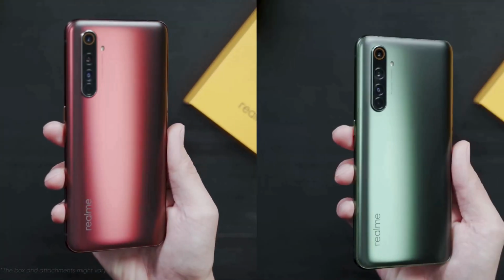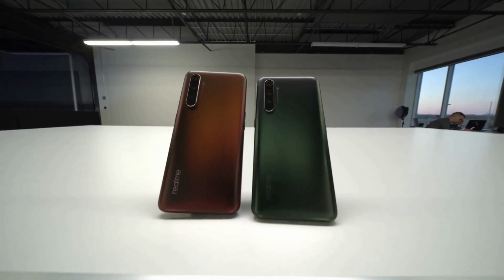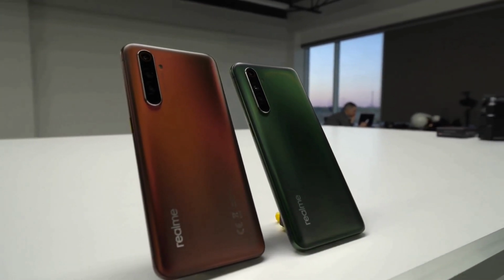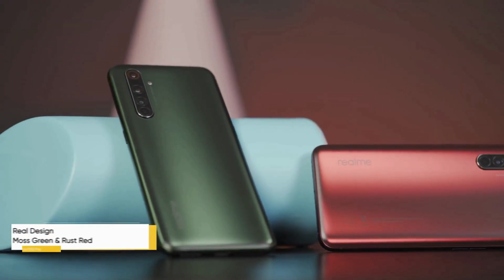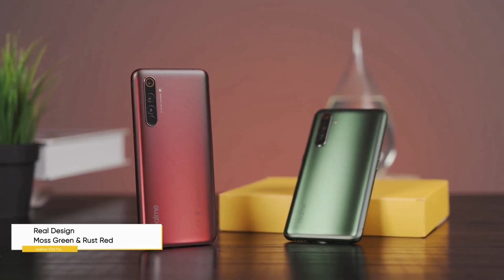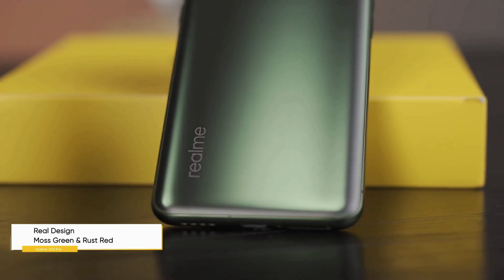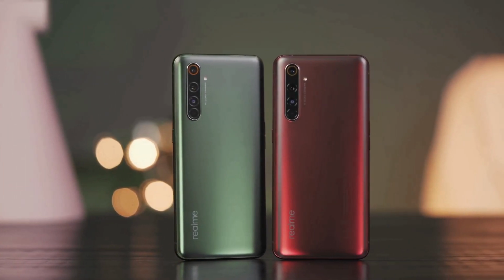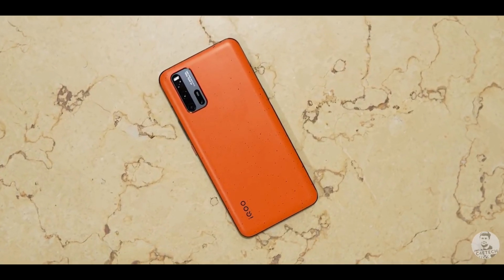Realme X50 Pro 5G is the second flagship smartphone by the company after the X2 Pro. Realme X50 Pro features an aluminum glass sandwich design with a layer of Gorilla Glass 5 both on the front and back. It is a bit smaller than the X2 Pro but slightly heavier due to a bigger battery and new processor. The rear panel of the phone has a OnePlus 7-like smooth matte finish that feels good in the